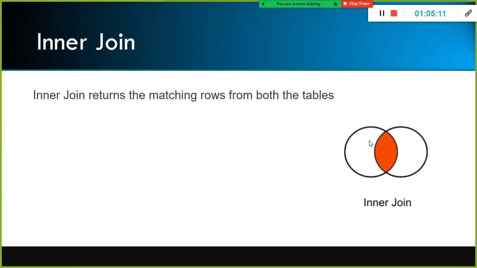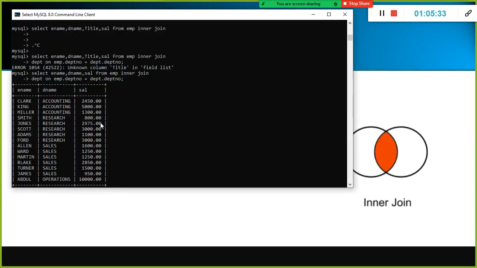What do you mean by inner join? This is the employee table, this is a department table, right? The common value between these two tables, right? So we are joining with the department number. Whatever the department number is there in my employee table, and whatever the department number is there in my department table, the common values, the matching values should get fetched. That is what is happening.